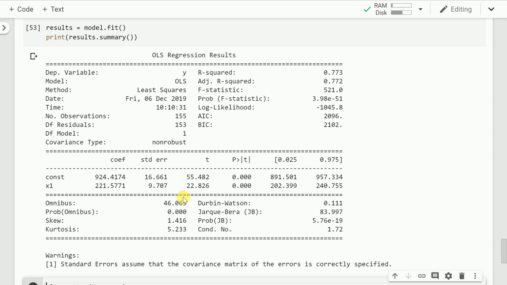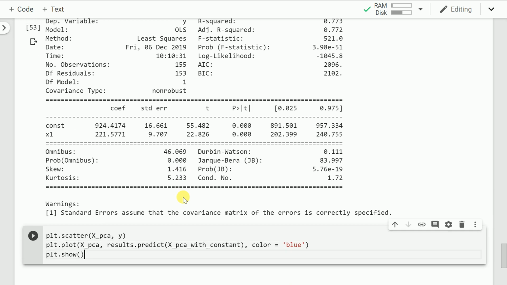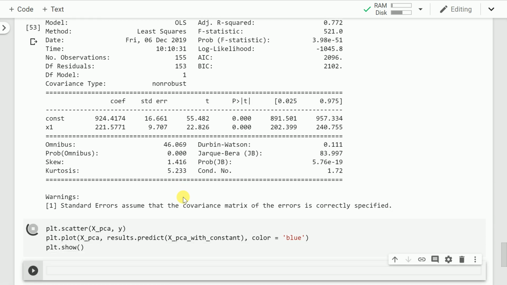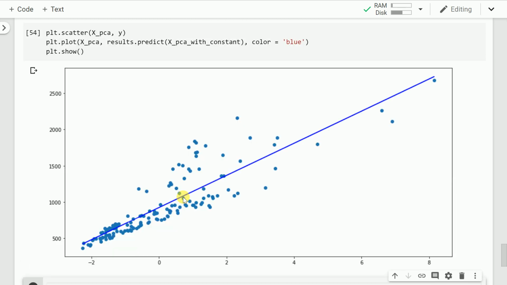So I've reached a point wherein out of 3 features, I have come down to one feature that explains the overall variance in the data set that had 3 features. So this is the magic of PCA. There is absolutely no multicollinearity now, considering there is just one feature that I have. If I plot a scatter plot between my standardized inputs for PCA and the best fit line along with it, this is what I observe. So overall, it's a very good fitting line for the given data that I had. So this is how you can smartly remove multicollinearity using PCA.